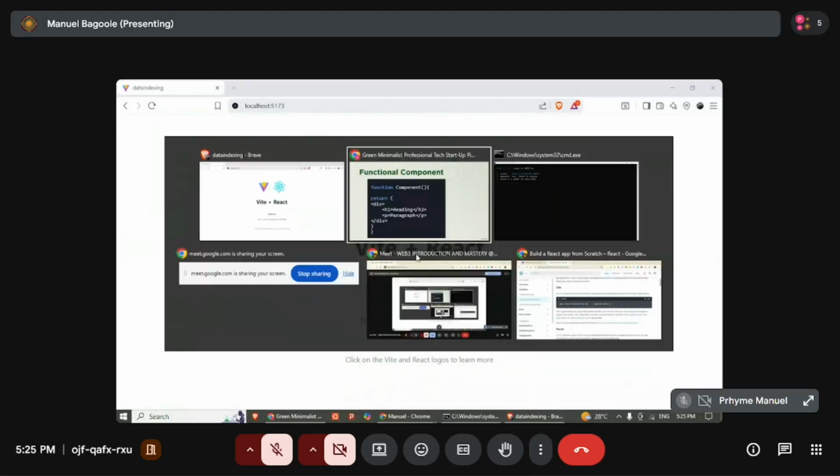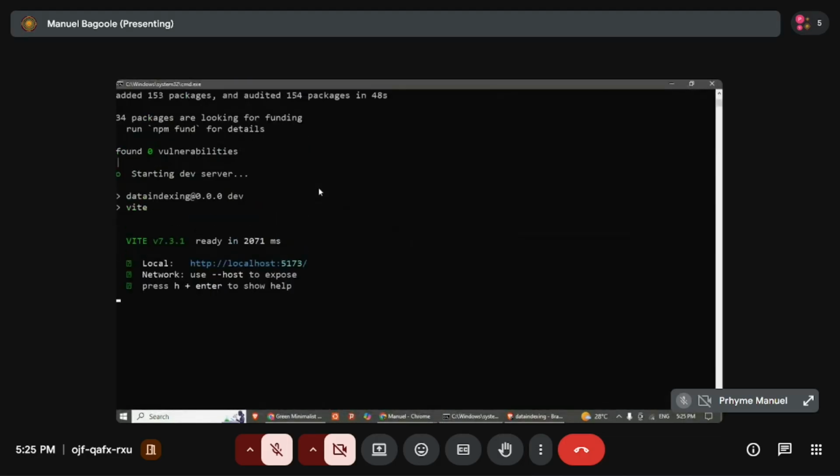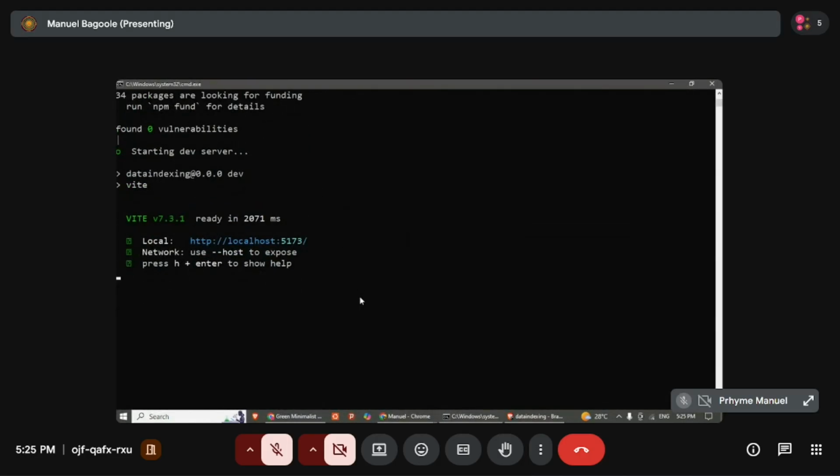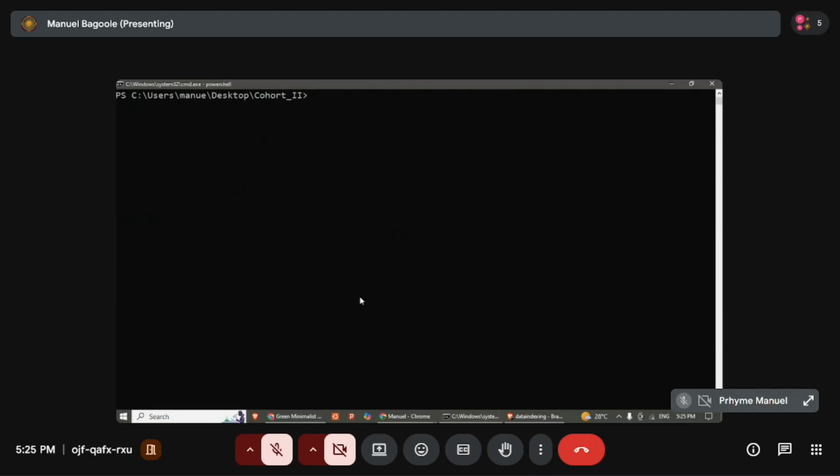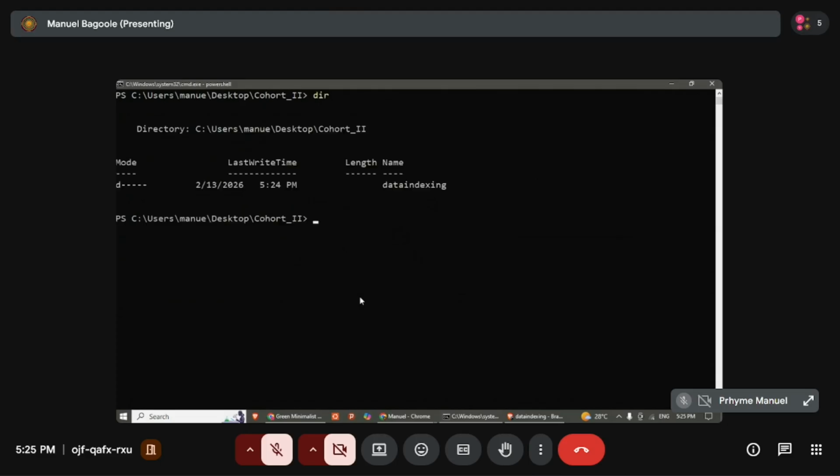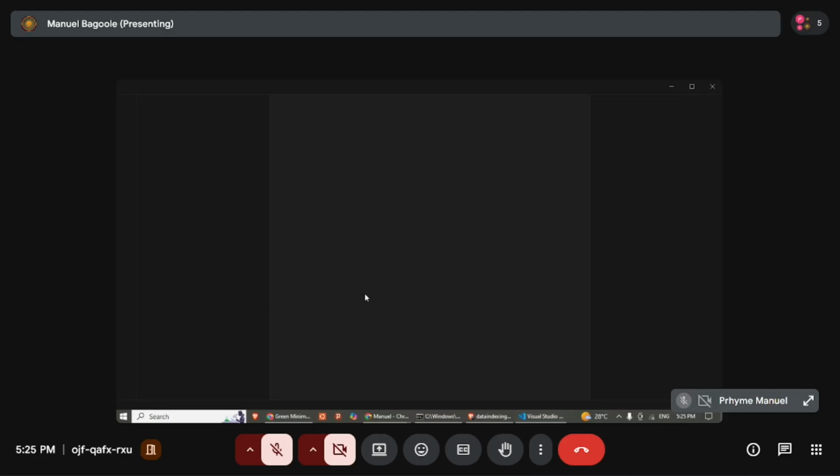Okay, I think now we're loading the correct application, but I want to open it. So when I come to this folder, this is where the application is, Treats Data Indexing. So I have to change into this folder. Then I'll open it in VS Code. Yeah, hopefully